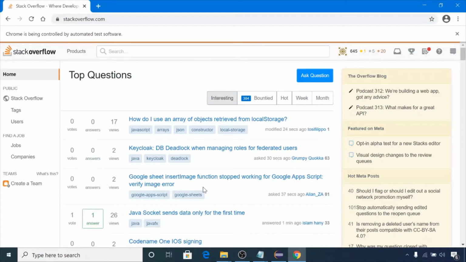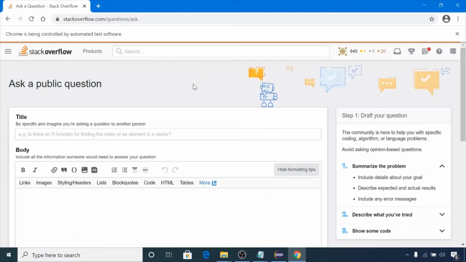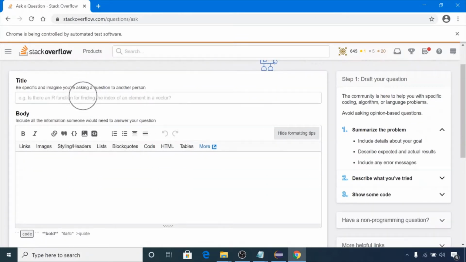Okay, so let me show you one scenario to understand why we need Sikuli. Let me click on this Stack Overflow scenario, in which we will try to create one question. Click on Ask Question, and first of all we need a title. Let's suppose we want to add: What is Selenium WebDriver,